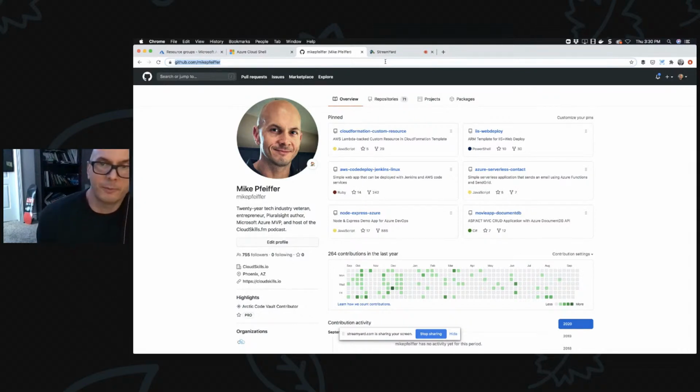Because the cool thing is, yeah, we can write templates and do all this automation, but ultimately getting it in version control is a core concept. A lot of us are new to that, so I'm going to show it. I'm here on github.com. I'm going to put a repository in here live. I'll create it and leave it up here, so if you want to go back and grab it later, it'll be in there. Just think about your questions along the way. I'm going to drop a lot of my own thoughts about different things and point out a bunch of stuff. Then when we get to the end, I'll try to answer as many questions as I can.